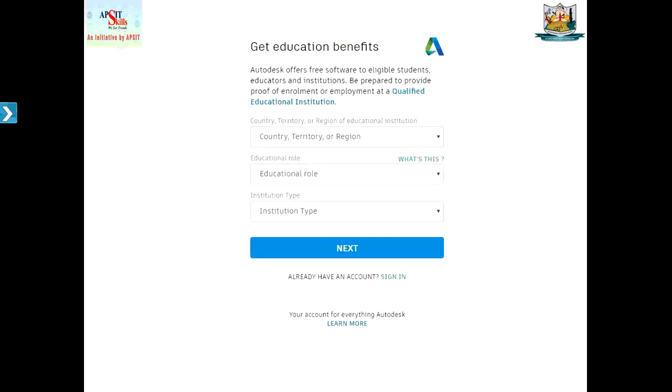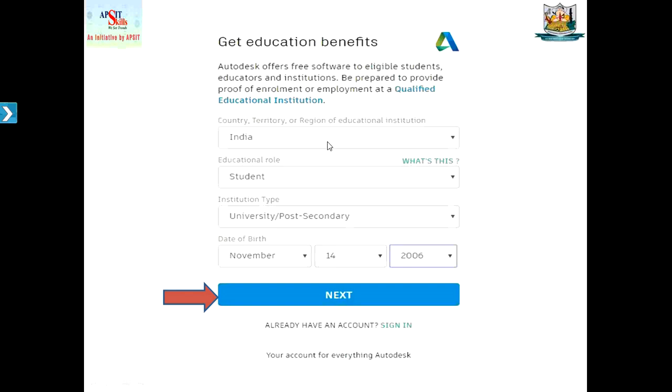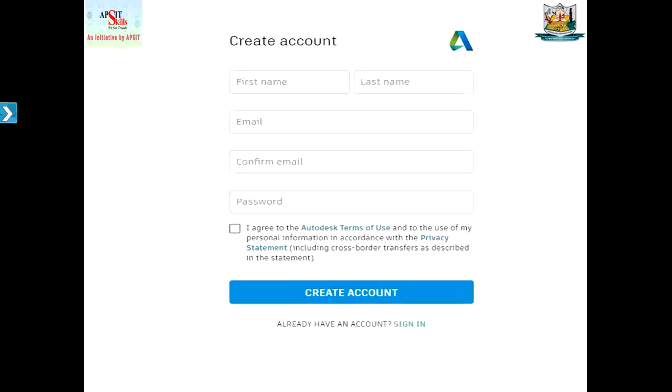After filling these details, like our country, educational role as student, institution type as university or post secondary, and date of birth of the student or faculty, click on next to proceed. Then we have to enter our first name, last name, our authenticated email ID, and set the password, and then click on the create account button.